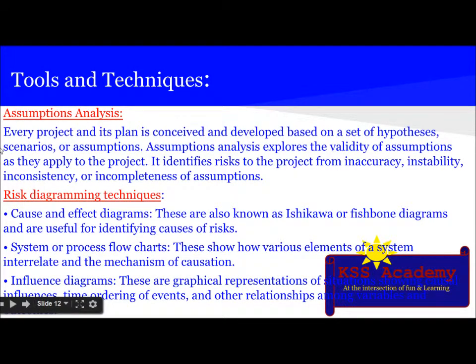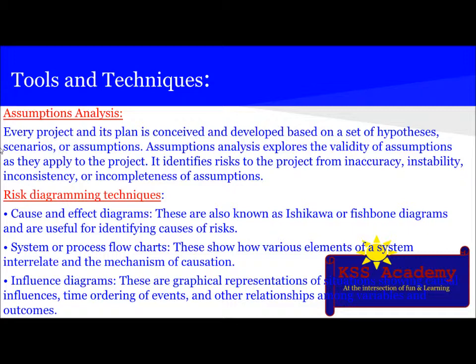The next tool and technique used is assumption analysis. Every project and its plan is conceived and developed based on a set of hypotheses, scenarios, or assumptions. Assumption analysis explores the validity of assumptions as they apply to the project. It identifies risks to the project from inaccuracy, instability, inconsistency, or incompleteness of assumptions. The next tool and technique used is the risk diagramming technique,